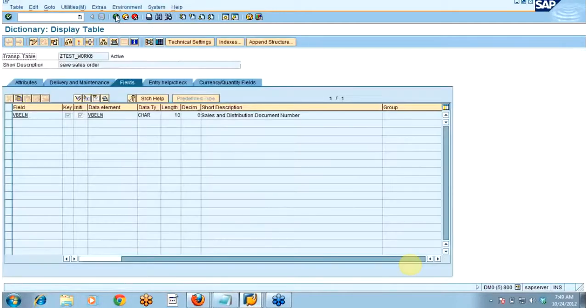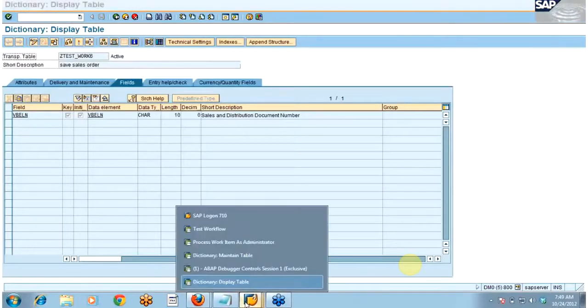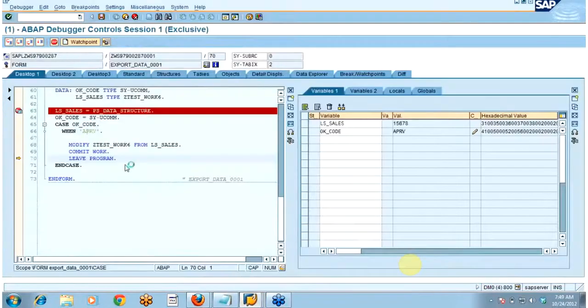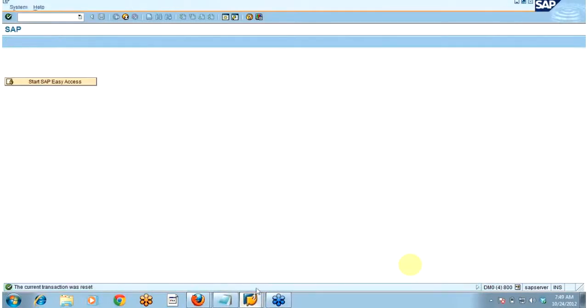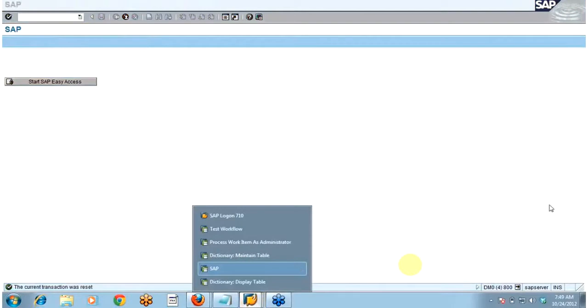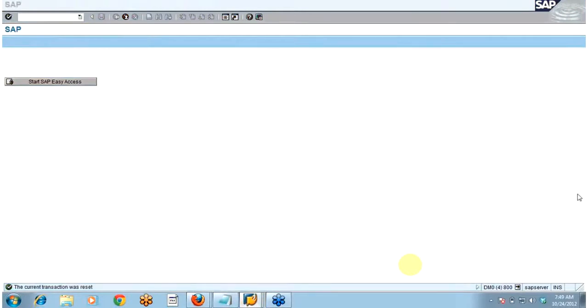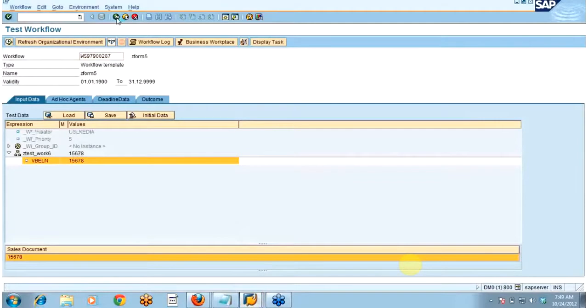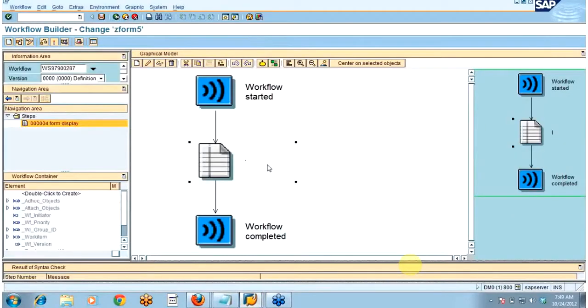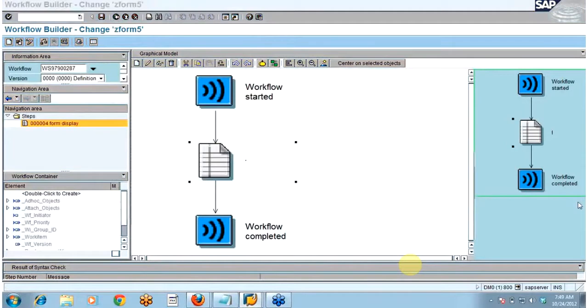So if you have not understood anything, just let me know. If you want me to explain again, I will be doing that. So anybody who has not understood this form? Today I'm not getting any reply from you people.